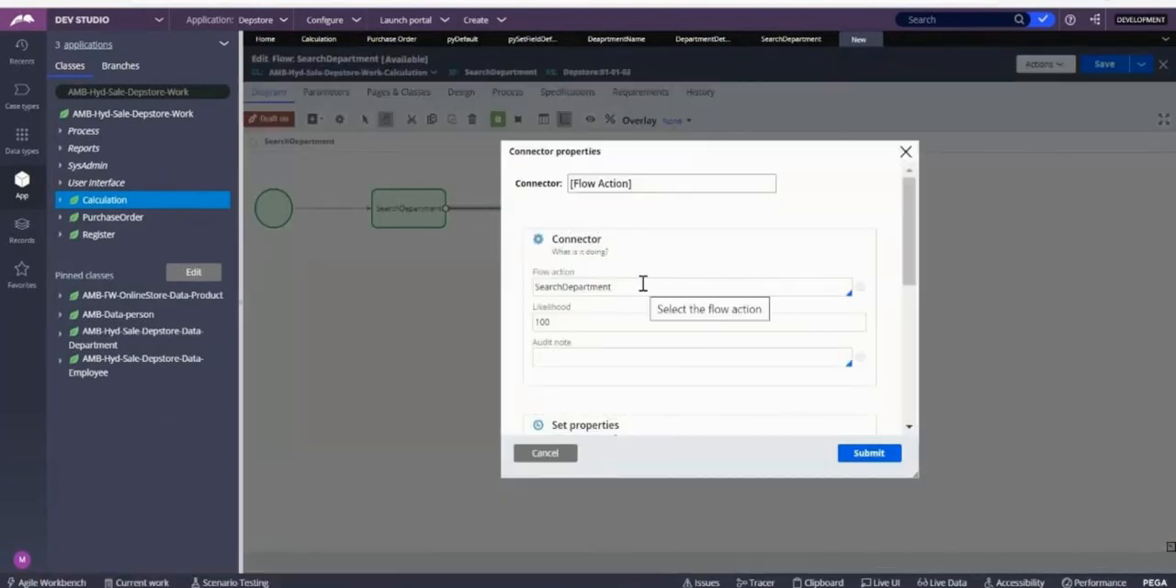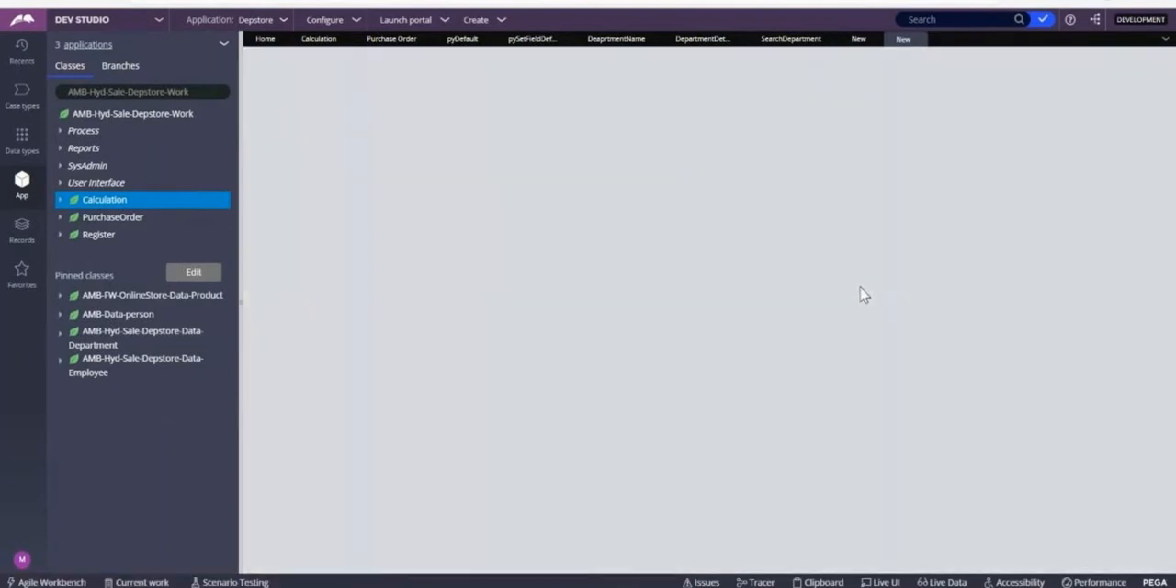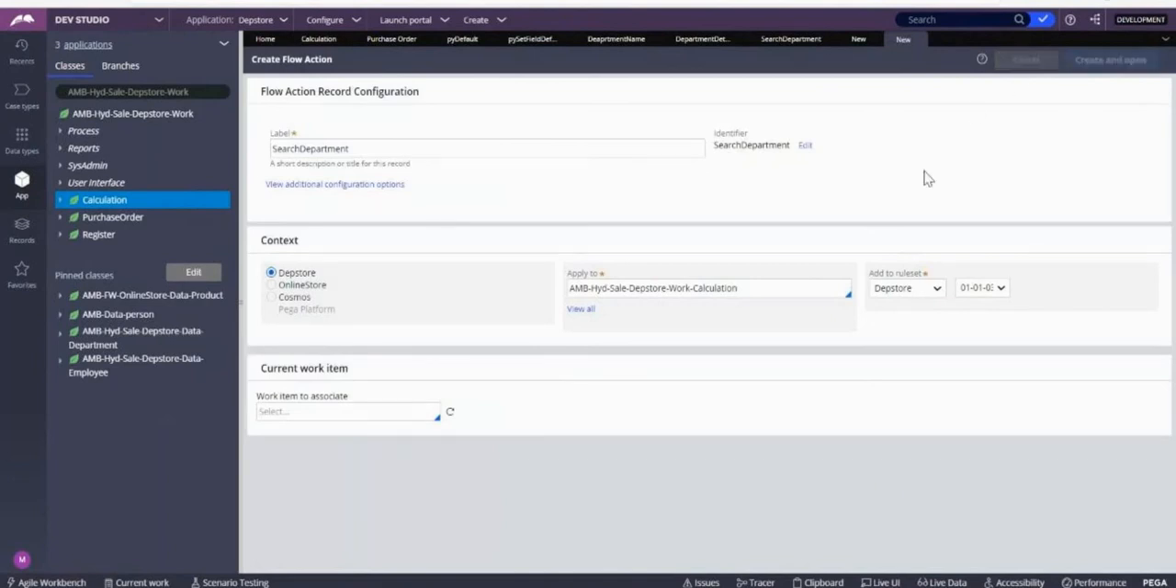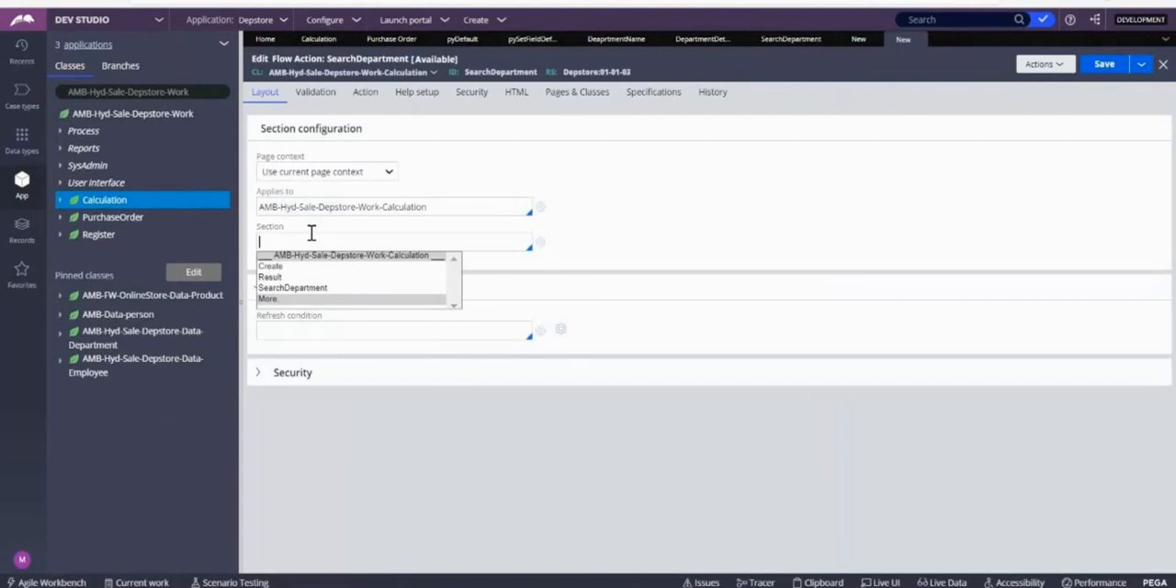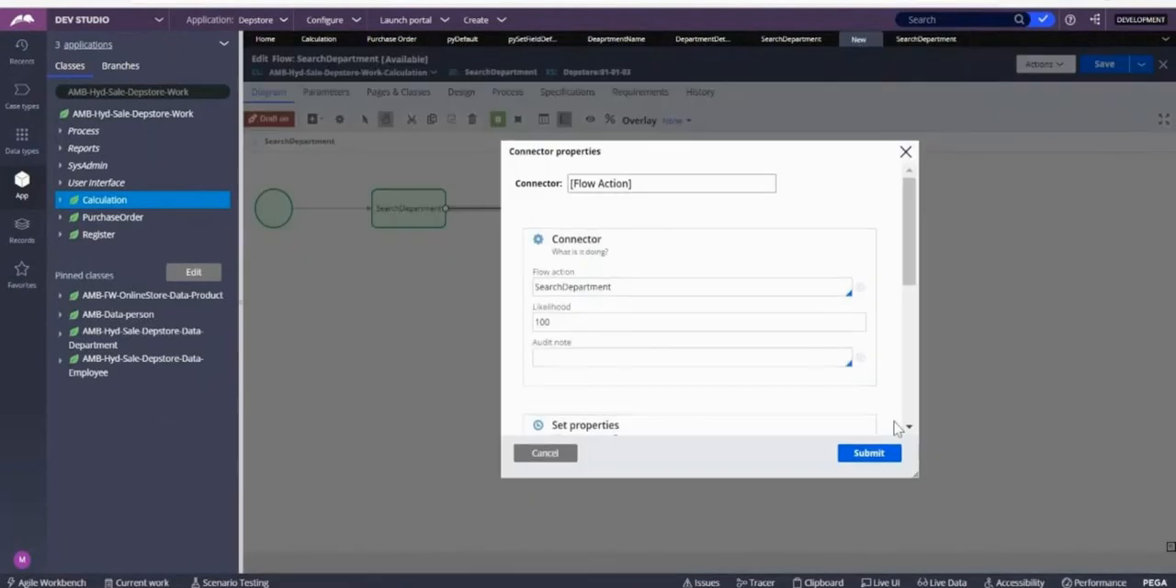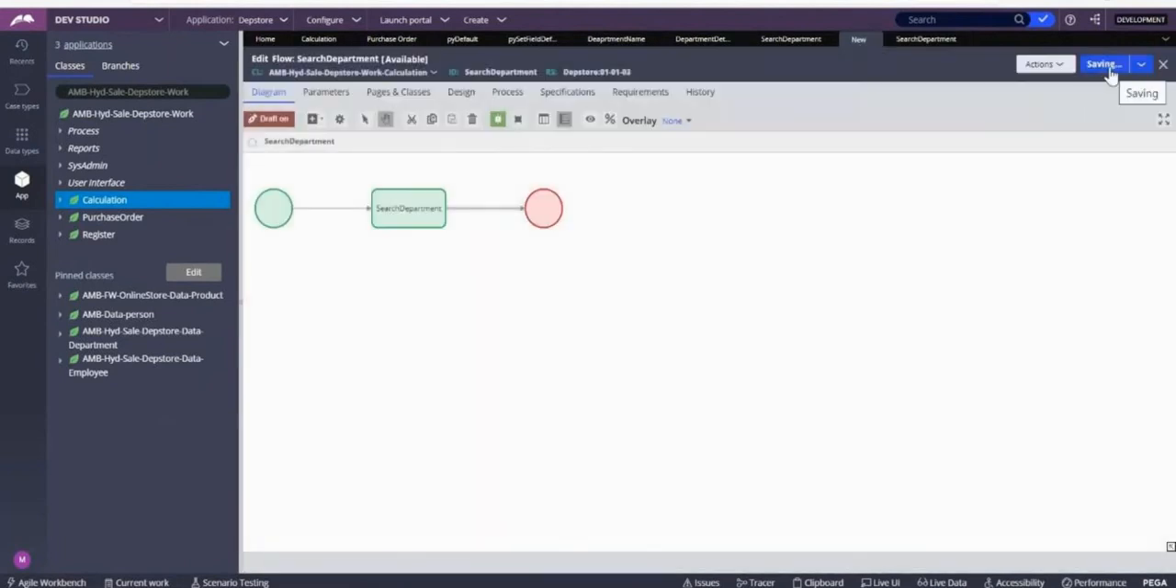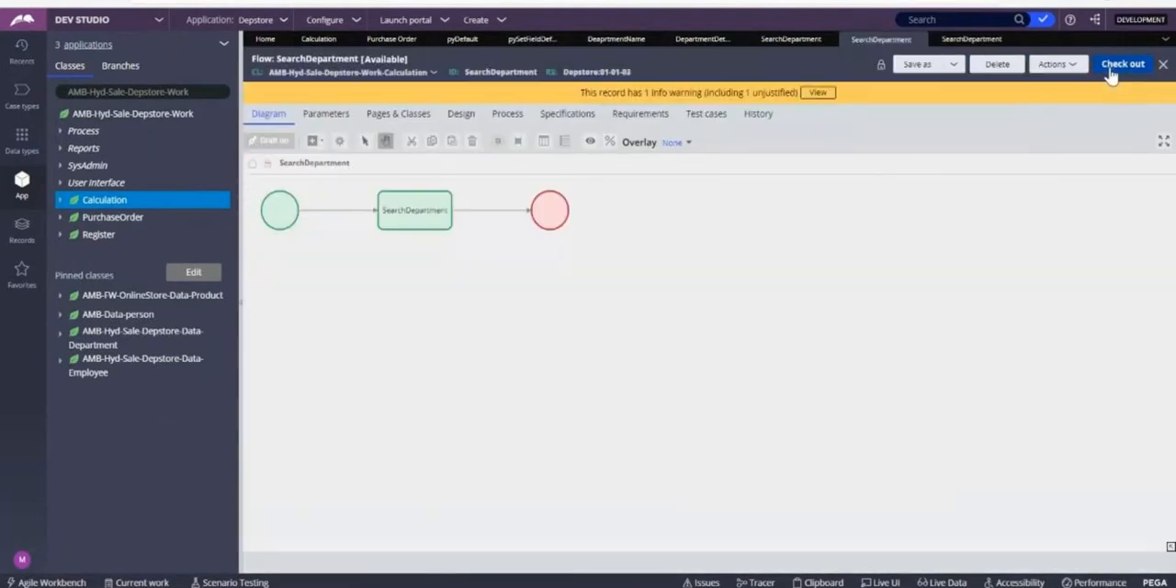So open this search department flow action. It is not available, so open or use it. We have a section, so let's use that section. So this is how you can create your flow action also. Two ways: using the flow I created there, or else you can directly create the flow action and call that flow action here